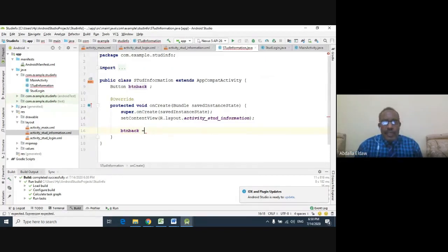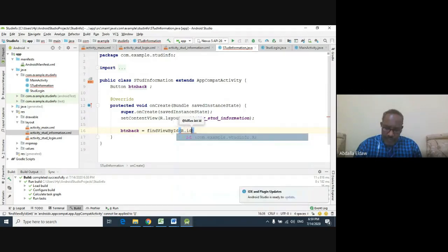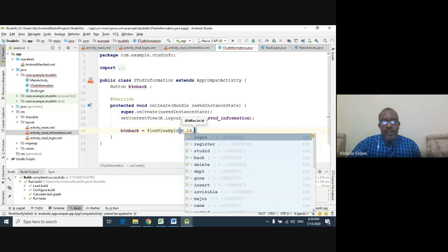Sometimes in some references they put button between two parentheses, but it is not necessary. Delete it directly. findViewById. In some versions you must write button between two parentheses before this method and then write findViewById, but in this version it is not necessary. Or like previous, R dot id, the name of the button is back,